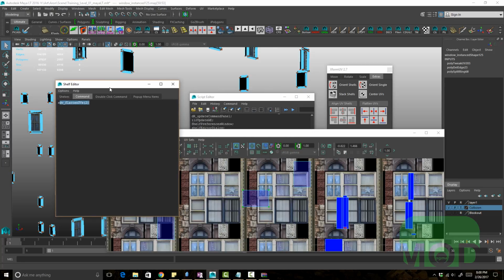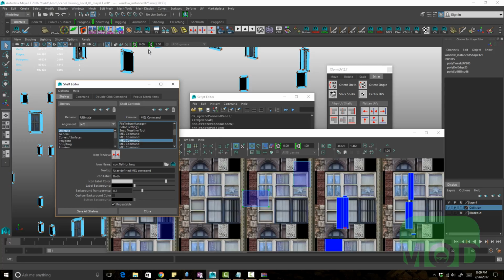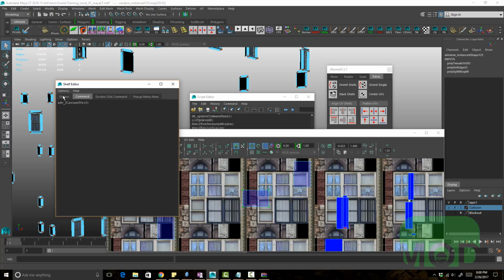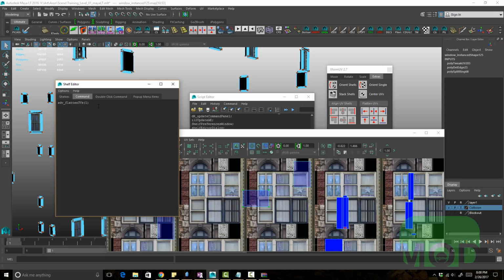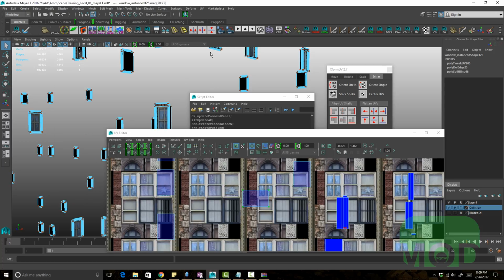Okay, so SDV Flatten UVs 2 will do both shells, vertical and horizontal snapping. Just snapping in the middle is SDV Flatten UVs 0, and flatten vertically is SDV Flatten UVs 1. So that's if you want to add these and type them in, SDV Flatten UVs 1, and then you could just highlight that and middle mouse drag it to your shelf,